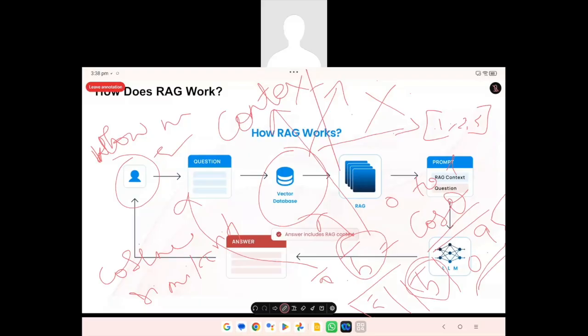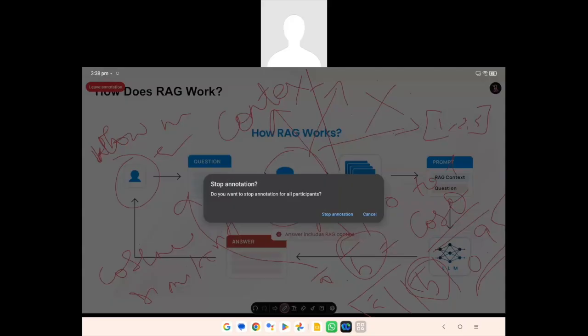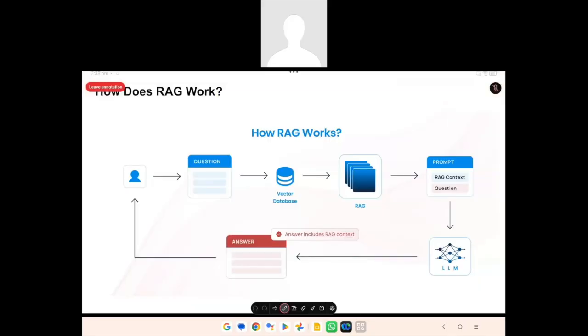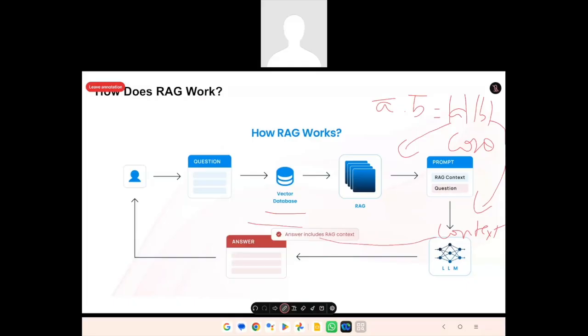Is that clear? So let me write it once again. You have A vector dot B vector is mod A mod B cos theta, right? So this is the query vector. This is the context vector. And we find the context vector from the vector database.